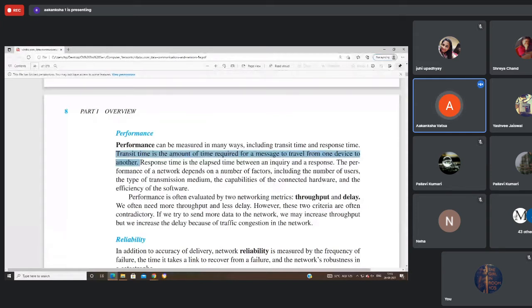So if you're using an old network with 3G or 2G capability, then your data transfer will be less, so it will take more transit time and more response time. The efficiency, the performance of transit time and response time, also depends on the number of users. Now you must have seen nowadays that the Airtel network or the Jio network,